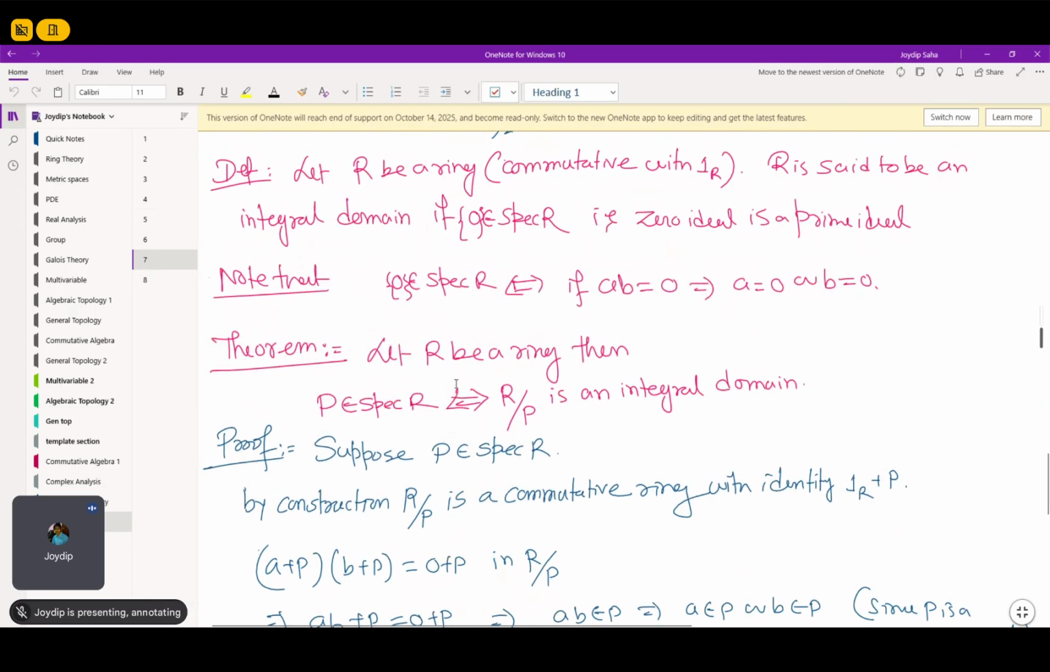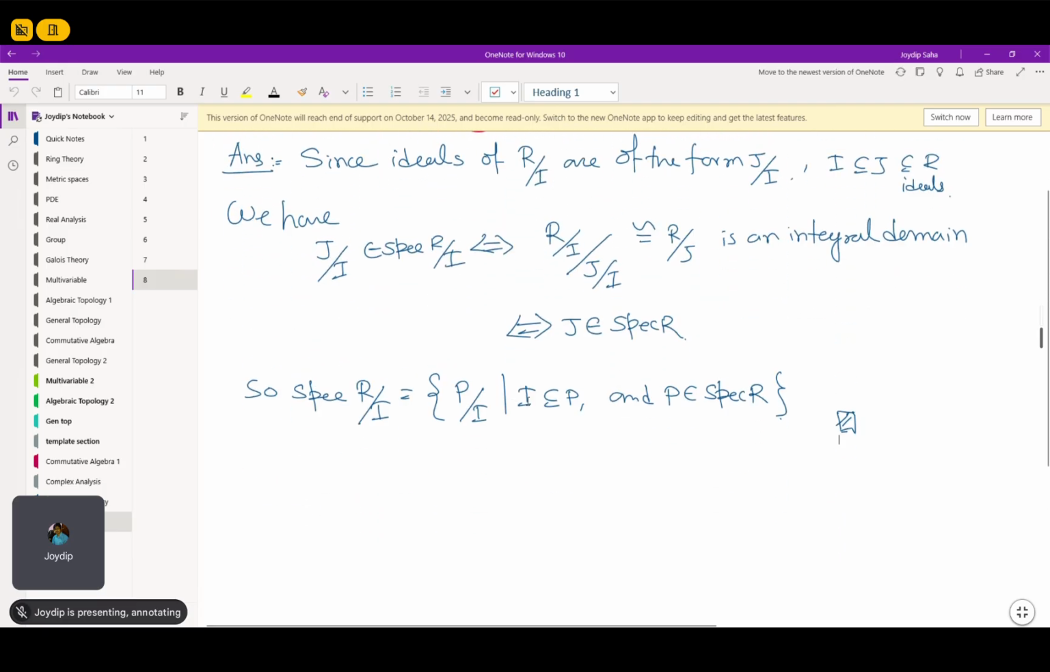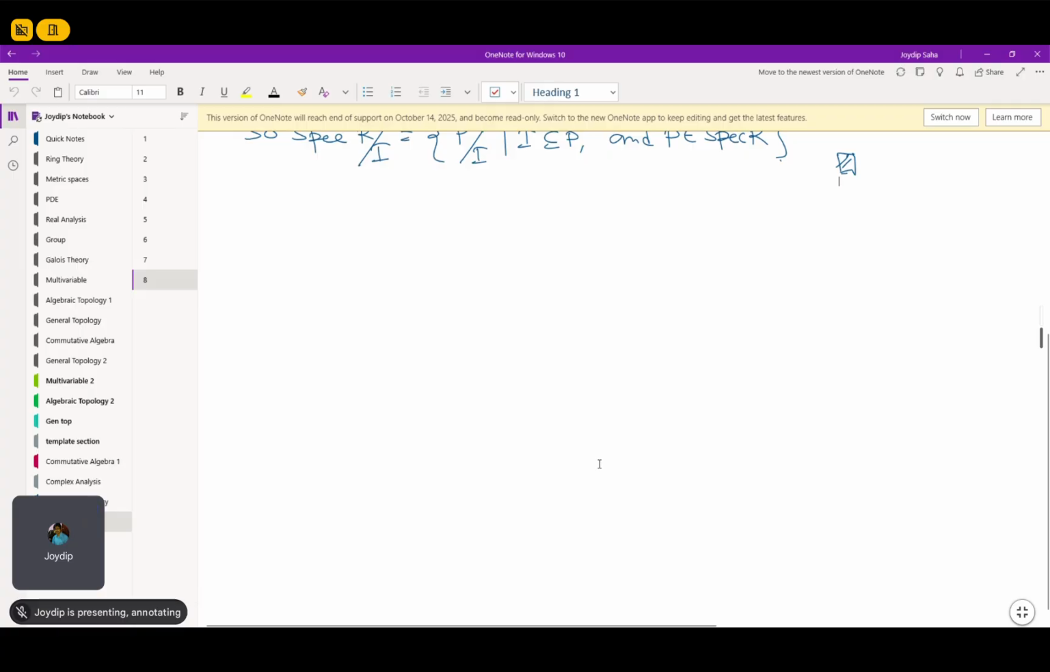So this was the observation that if R is a ring, P belongs to Spec R if and only if R mod P is an integral domain. A similar result is there. Using this theorem we found the spectrum of R mod I. So using this theorem, a similar theorem, sorry, there is